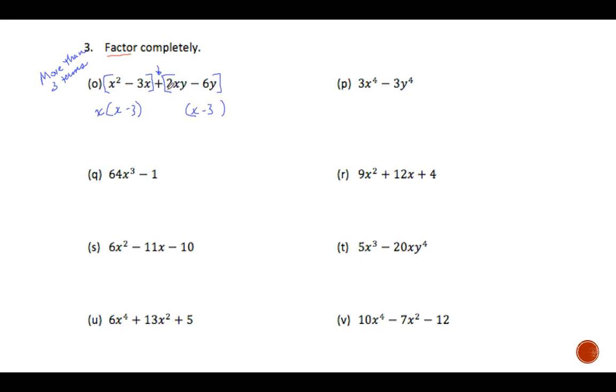Well, if I pull something out of here and only an x is left, I'd have to pull out a 2y. Multiply the 2y, right? And since this is all positives, positive 2y times x is 2xy. Positive 2y times negative 3 is negative 6y. Now think of